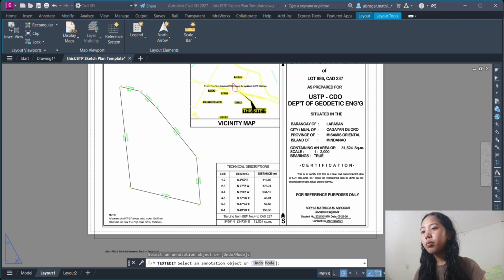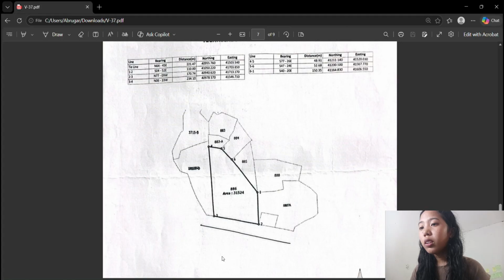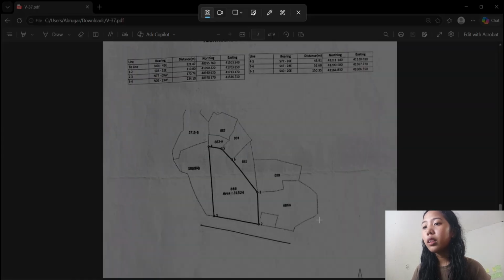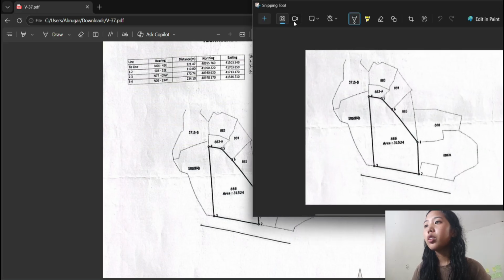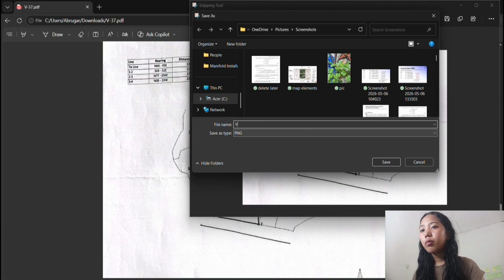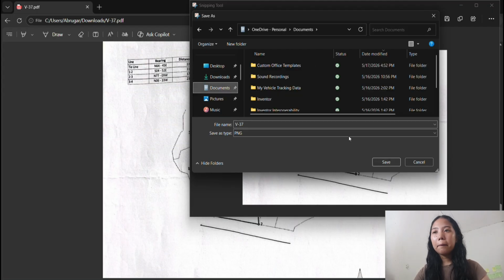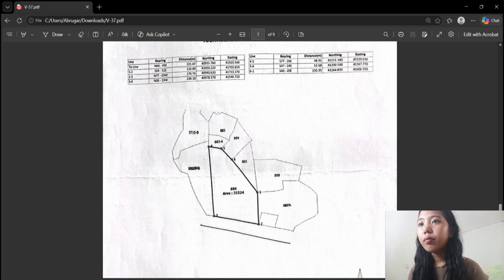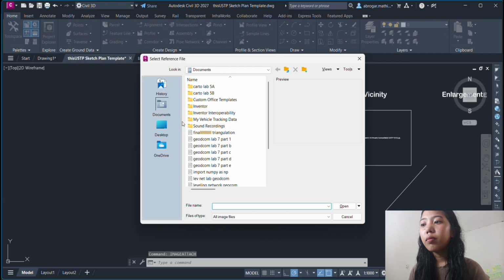Then command zoom, then scale. I tried 1,000 over 1 is to 2,000 XP. This is the illustration. So I choose scale 1 is to 2,000. Then change necessary informations. Zoom, scale.